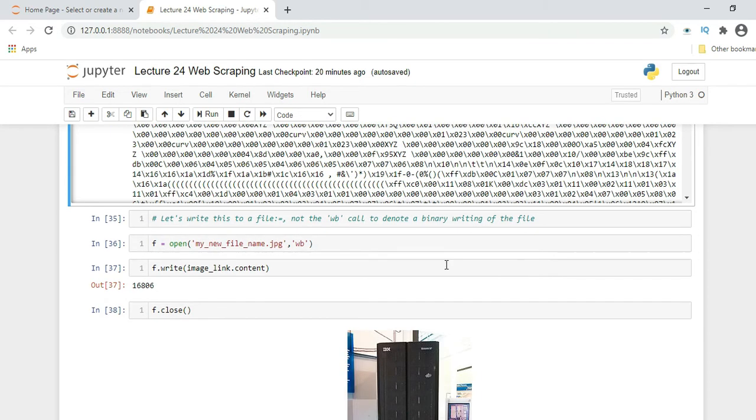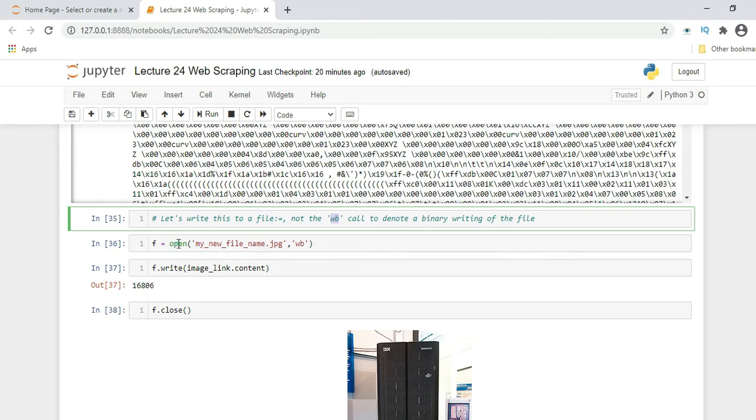Now, because we extracted that image from another URL, you want to store that image on your local system or machine. Let's write this to a file: f equals open, with mode 'wb'. 'wb' stands for write binary, to denote binary writing of a file.